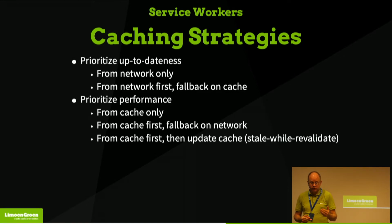You can also prioritize performance, like, okay, I'm only going to serve things from cache. That's a bit weird because, well, how would it get into cache, right? I also have an answer for that, but it's not a common strategy that's actually used. But you can take it from cache first and fall back on the network. That works. But then the third one is an option that's used a lot, because it's a really great